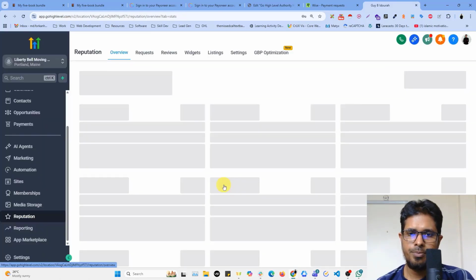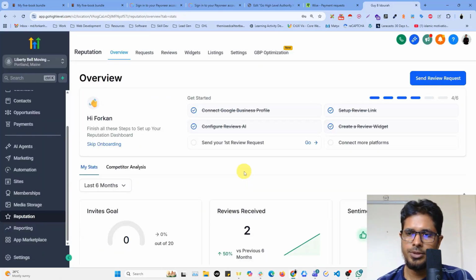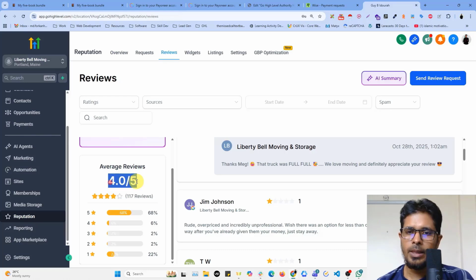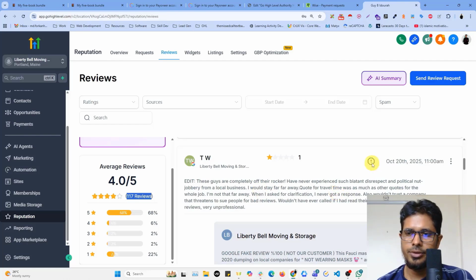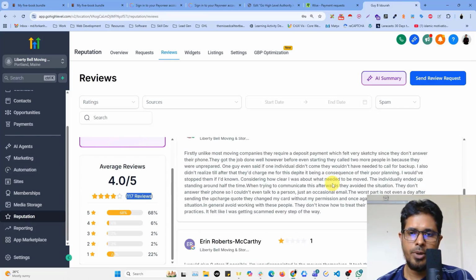Next step, reputation management. This is a game changer for local business. The overview shows your stats. The request tab shows a live feed of all your customer reviews, and you can even use the widget tab to stream your 5-star reviews directly into your website, and you can hide your 1-star or spam reviews from here